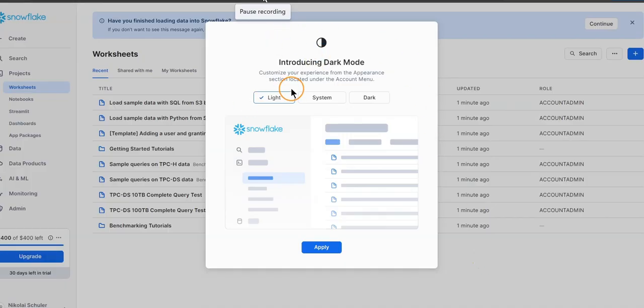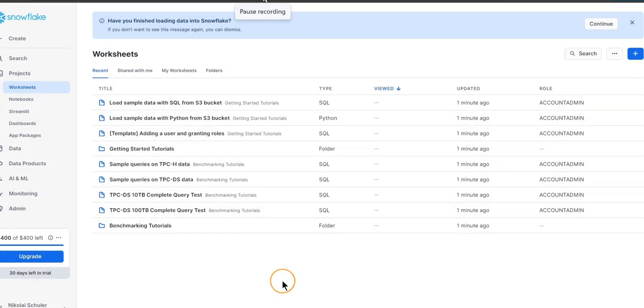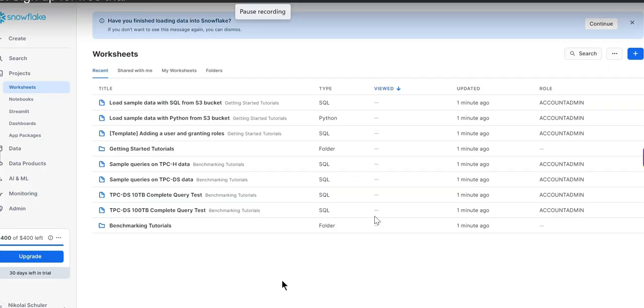And also in here, we now in this case have the dark mode introduced. So we could use it if we want. I will just leave it at the default and click on Apply. And here we can now get started with Snowflake. So in the next lectures, we want to dive a little bit